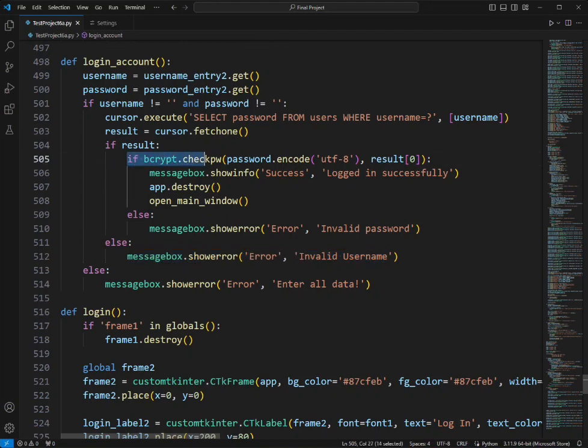If bcrypt.checkpw(password.encode('utf-8'), result[0]). If the username exists, the function checks if the entered password matches the stored hashed password using bcrypt.checkpw. The password.encode('utf-8') converts the password to bytes as required by bcrypt. If the passwords match, a success message is shown and the current application window is closed using app.destroy()